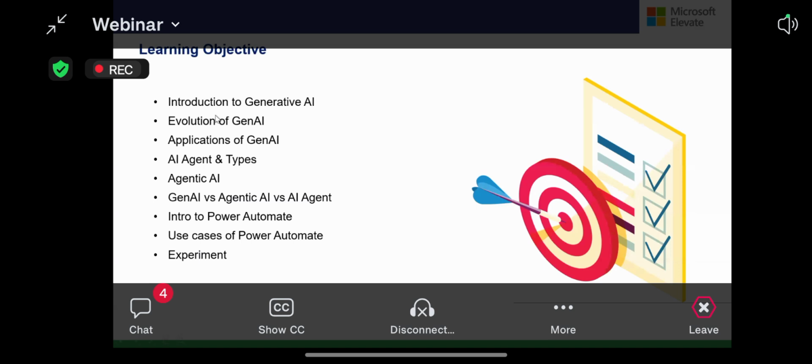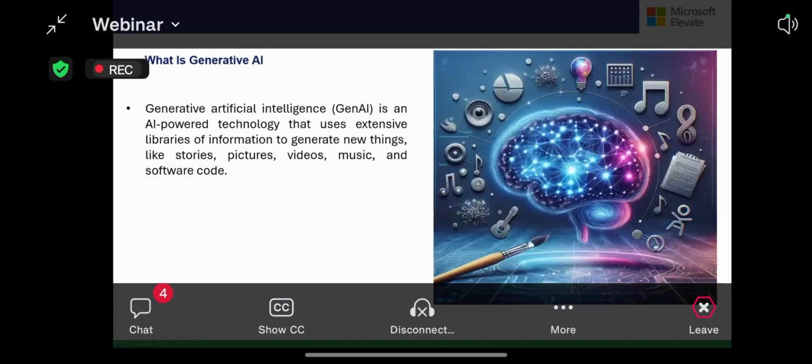Now we need to go a little bit deeper, one by one. So what is the generative AI? It's pretty simple. It is one tool that can generate text, audio, video, pictures, and also software code.